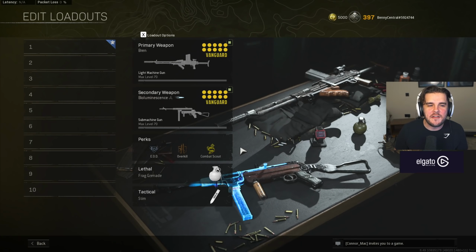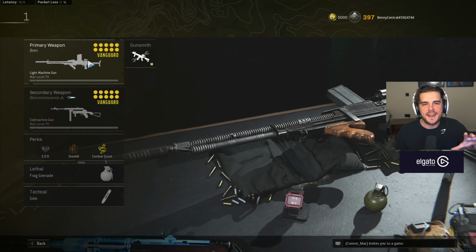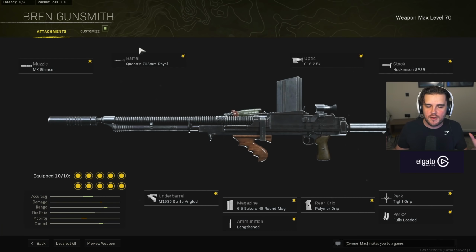So the first loadout that we have is the meta loadout in Call of Duty Warzone right now, the Bren with the MP40. Now the Bren is the perfect mid to long range weapon in the game right now. It operates more like an assault rifle compared to an LMG that we've experienced. I think the closest thing we've ever had in Warzone was the Bruin from Modern Warfare, but the class setup